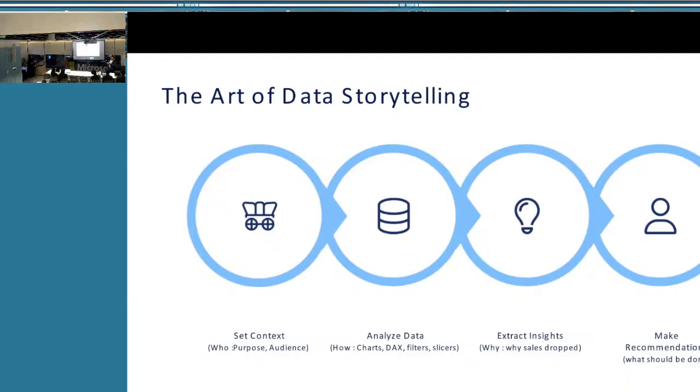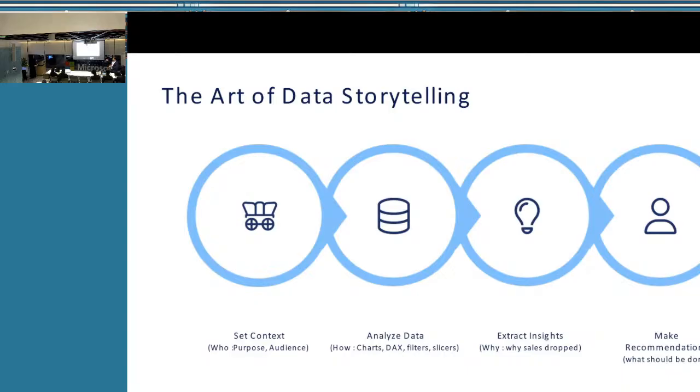Because ERP has a lot of different modules, but you might be interested in one kind of consumer or product sales, right? So understand what it is, then for that particular KPI, okay, I need these 1, 2, 3 tables. I need to do these joins. Then create the data model. So the flow should be: first set the context, then analyze the data. So you have the data, you understood the context, you have the data model, now you have the data, then